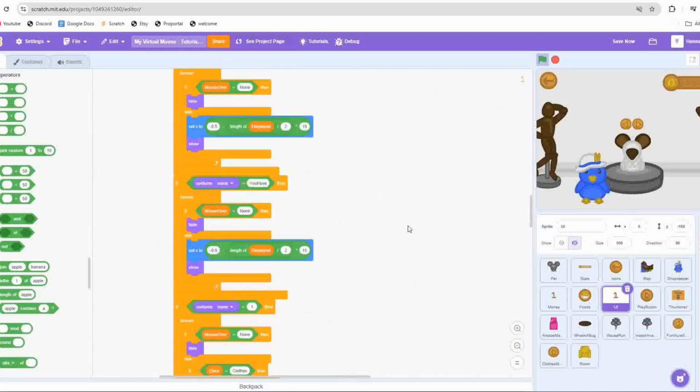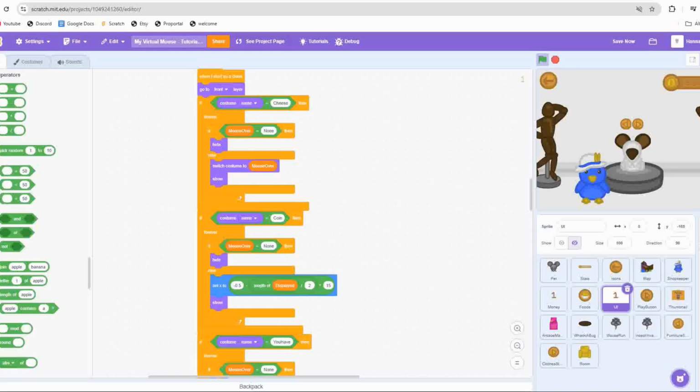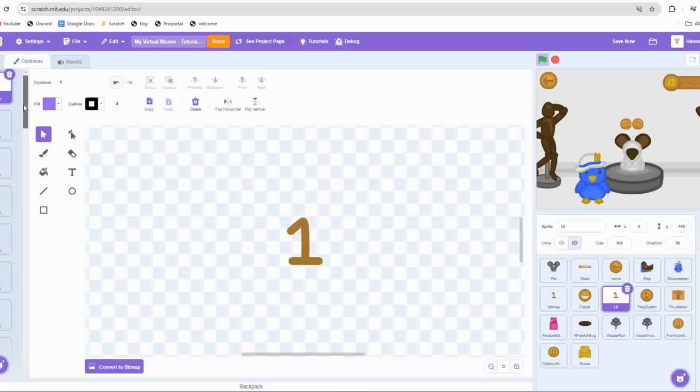intended. I also realized something we forgot to do earlier. If we go to the costume name is equal to cheese section, then we need an if else function. If open is equal to furniture. I realized we just forgot to make it so that it displays the correct item name. What we want is it to switch to